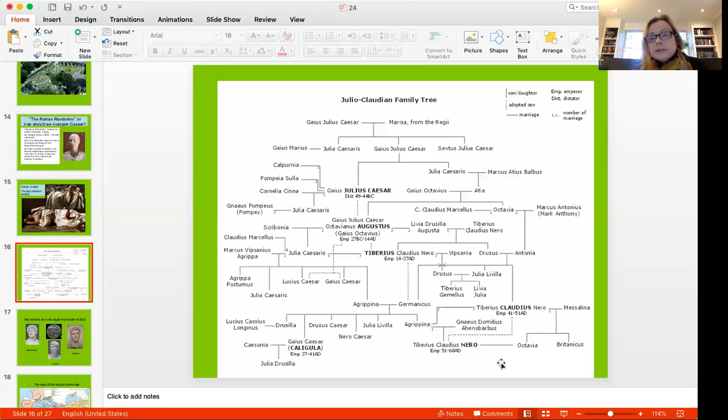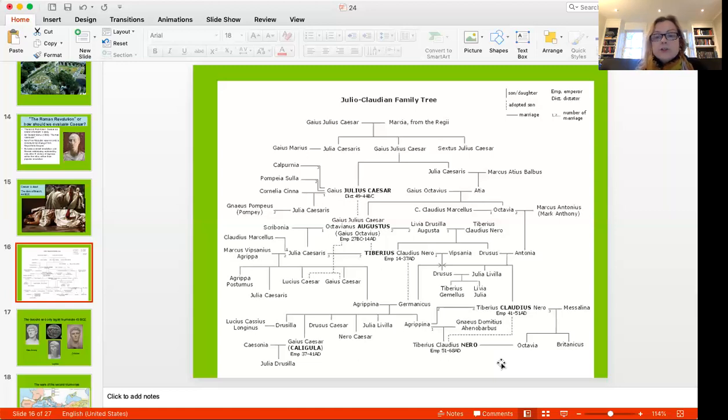So Julius Caesar did not have a son. He had an illegitimate son from Cleopatra. However, because they were never married, that child did not count in Roman terms. The child could not really inherit or be an heir to Julius Caesar without major scandal. And so when Julius Caesar was looking around in the years of his dictatorship for an heir, he actually went